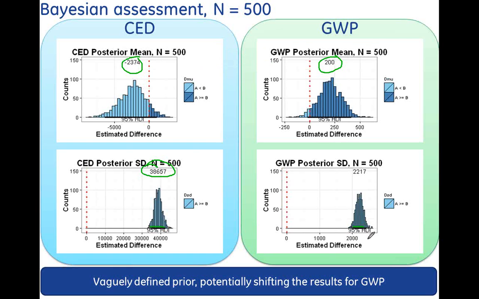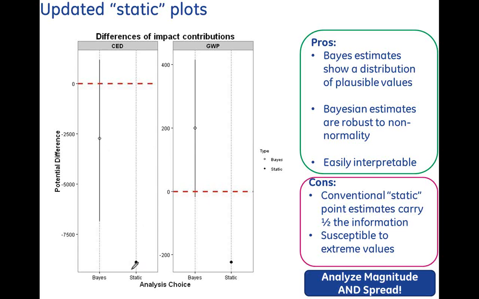When I showed the bar plot, these are the static values. They were both negative. These are the original values that I showed before in the bar plot. The static value suggested that no matter what, A was going to be less than B. If we do a more robust analysis incorporating uncertainty, we don't come to that conclusion at all. In fact, we see a sign switch and suggest that, well, maybe A is greater than B.